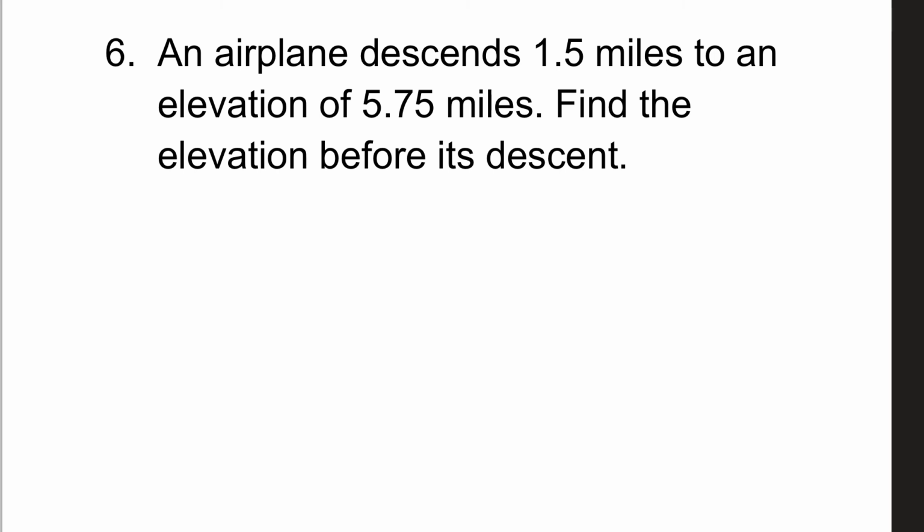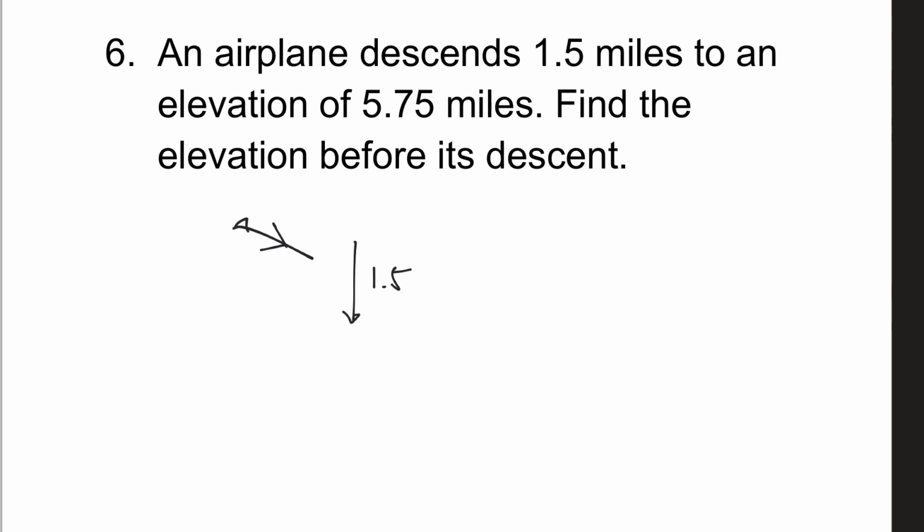And here's number 6. An airplane descends 1.5 miles to an elevation of 5.75 miles. Find the elevation before its descent. Okay, we have some airplane. Here's my cheesy airplane. And it's descending, which means it goes down. And 1.5 miles. So it descended